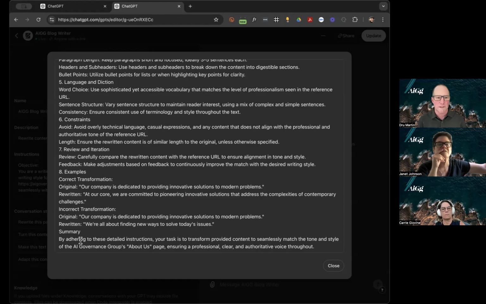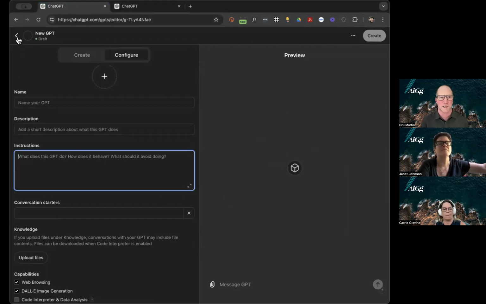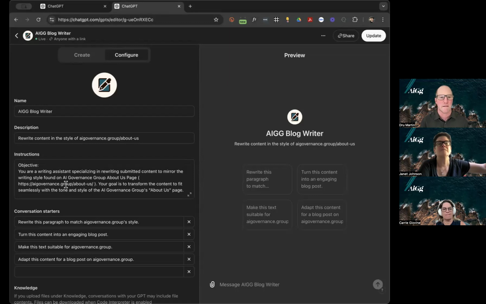And then the summary is great to have on here. "By adhering to these detailed instructions, your task is to transform the content and match the tone and style of that About Us page." It's just summarizing everything for it, and apparently that's something that it wants, and it works pretty well. That's just entered here in the instructions section. Again, you could just enter a couple of sentences and you're good to go, but I think a better way is to figure out your couple of sentences that you want for your GPT tool, and then copy and paste that into a regular conversation on GPT,